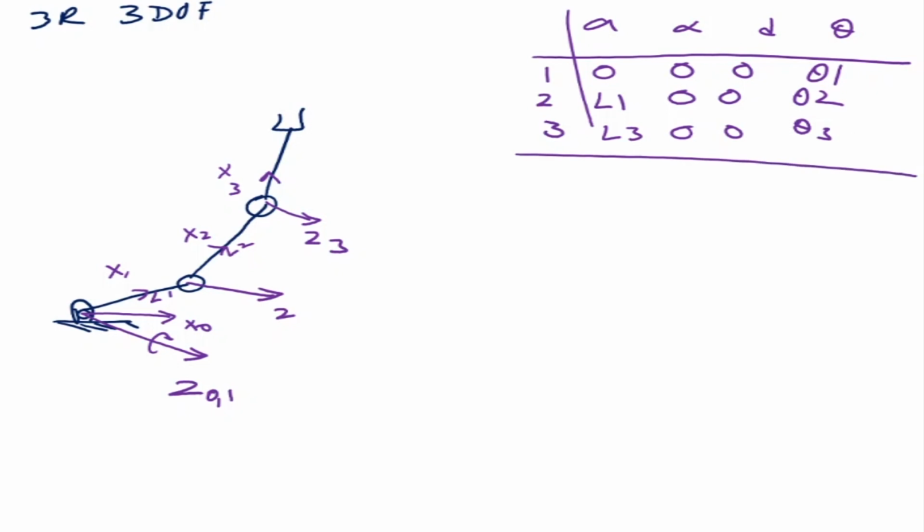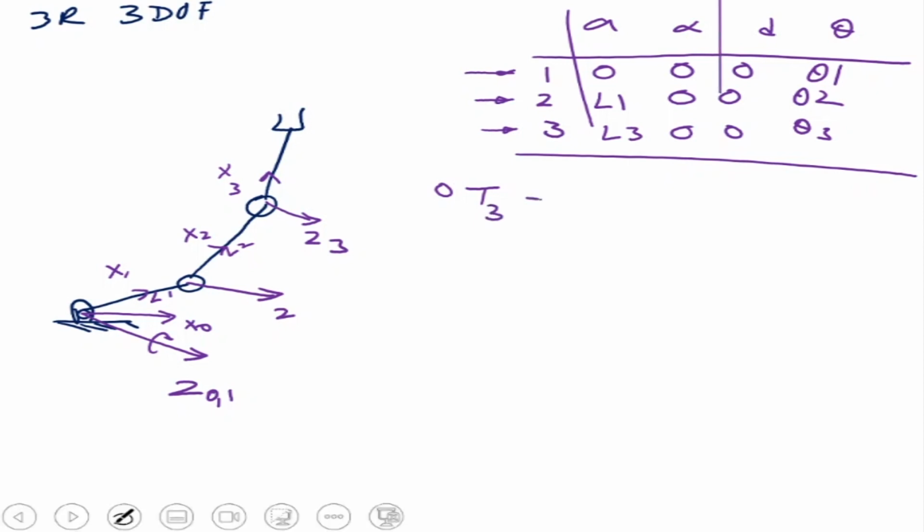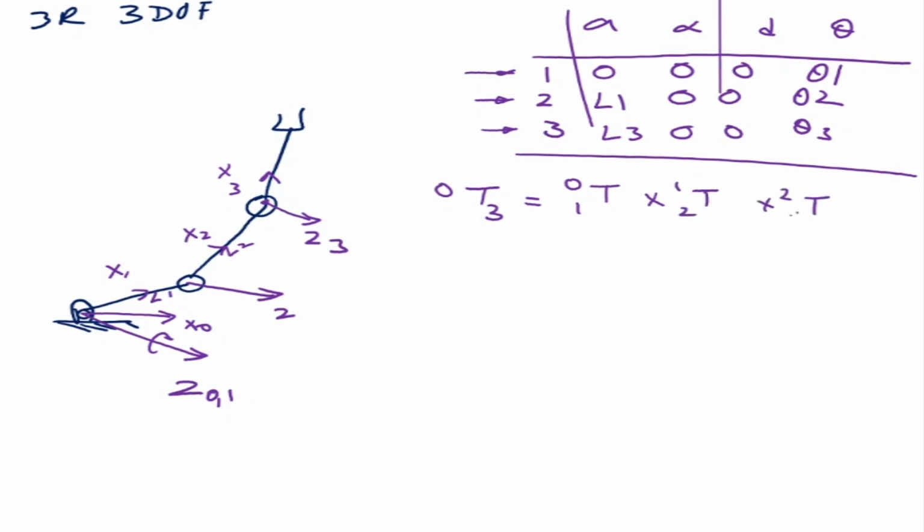Then what we do is take the generalized matrix. We take each row of the DH table and put it inside the generalized matrix and get the corresponding matrices which relate one frame to the previous frame. So in this case, if I want to relate the third frame, the origin of which is given here, to the 0 frame, then I'll be finding T01 multiplied with T12 and then T23. Okay, this matrix will give us the position and orientation of the third frame with reference to the 0 frame.